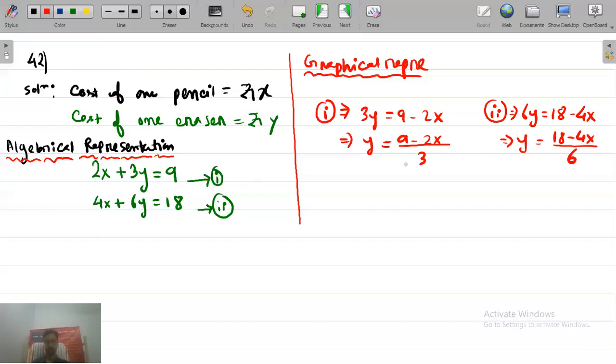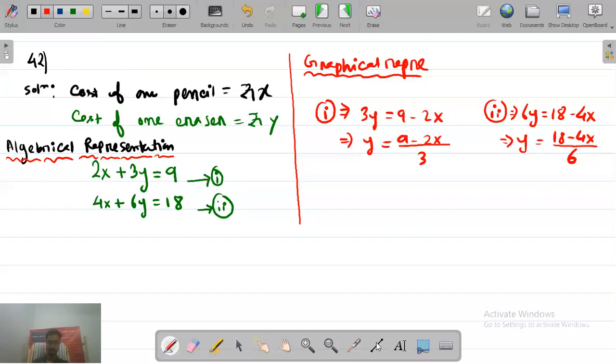Now see, in the beginning of our class, I told you that each linear equation represents one straight line. Yes or no? So this equation number 1 also represents one straight line. Equation number 2 also represents one straight line. So you have to represent these two straight lines in graph. So this is the graphical representation. So you have to make a table. Okay. So let me make two tables. Okay, let me change the color. Suppose blue. So there will be two tables.